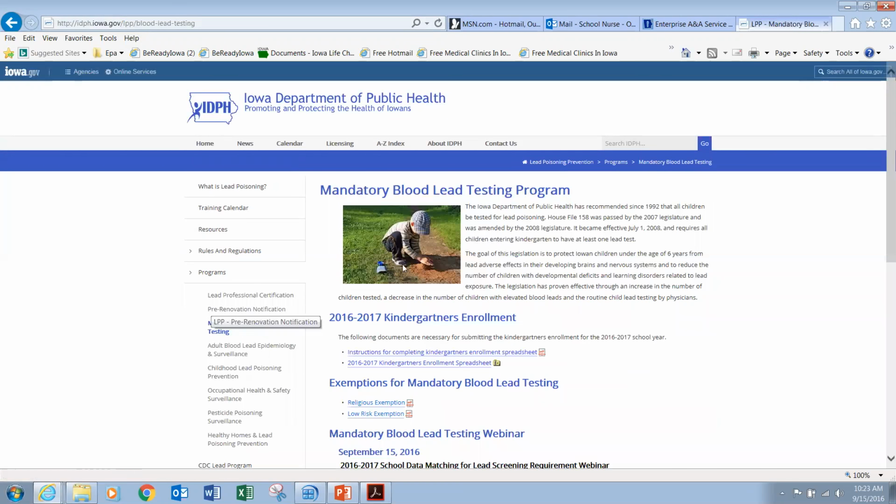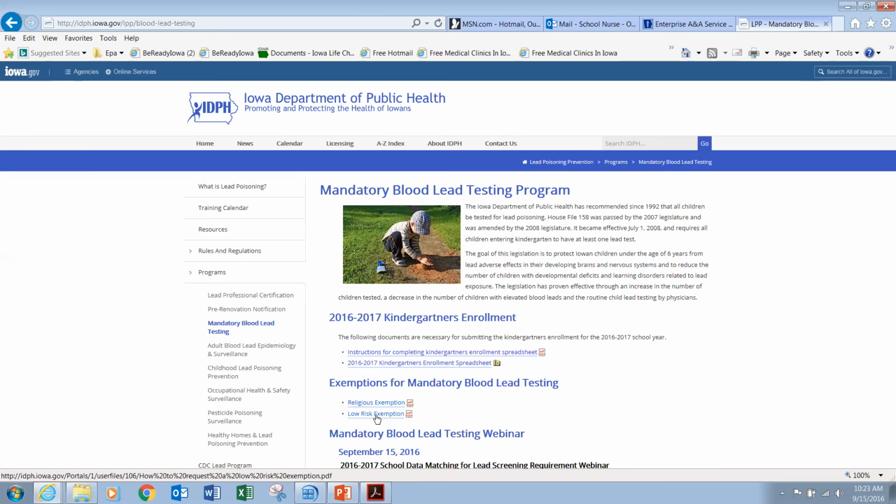And here is where you are going to see a little explanation about what this program is about. You can see here the instructions for completing the kindergartner's enrollment spreadsheet, and the other file you will see here is the spreadsheet. And here are the exemptions, the religious and low risk exemption.